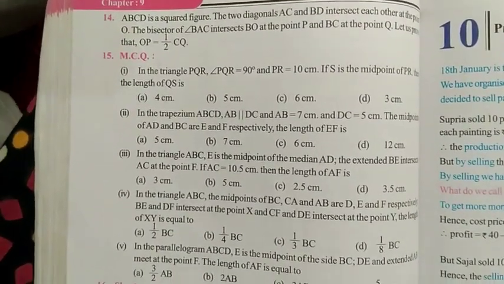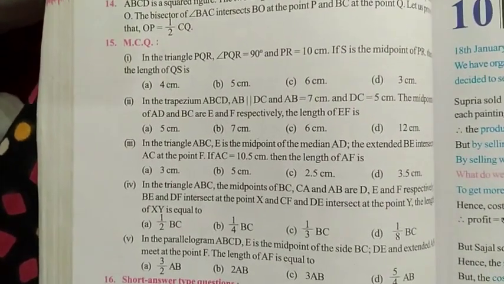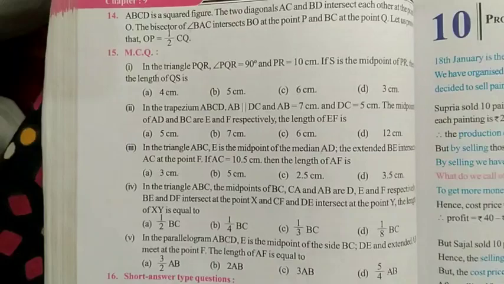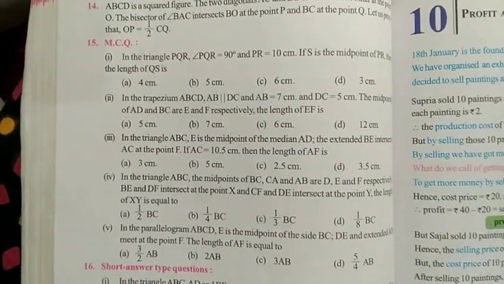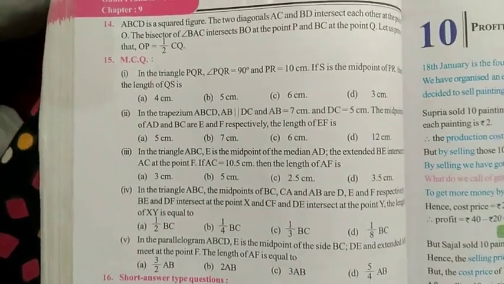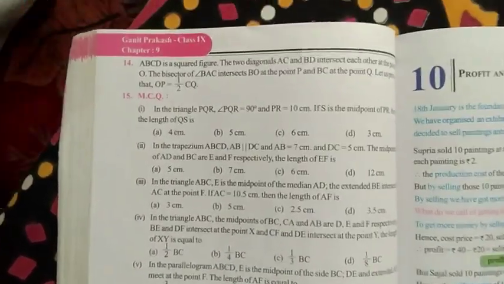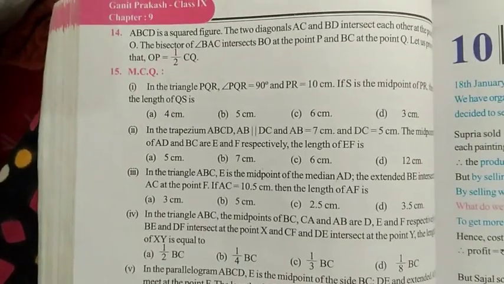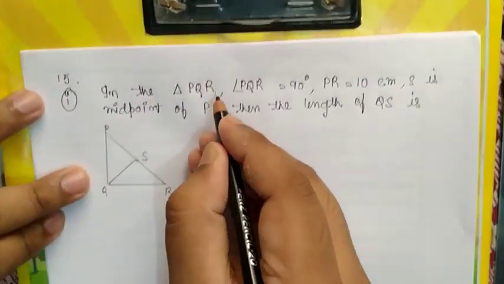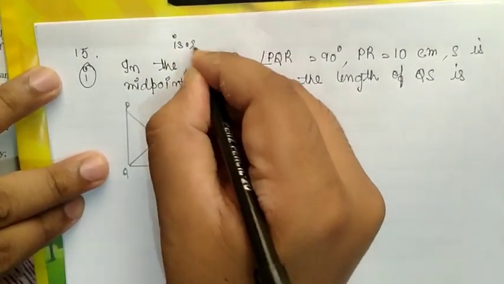Now here I have to tell all of you something: the information in the question is less, because in the later part, in the second or third summative, we have to deal with the circumcircle and the incircle, and also exercise number 15, the triangle area, the right triangle, all of this. So here you have to add in the isosceles triangle PQR.